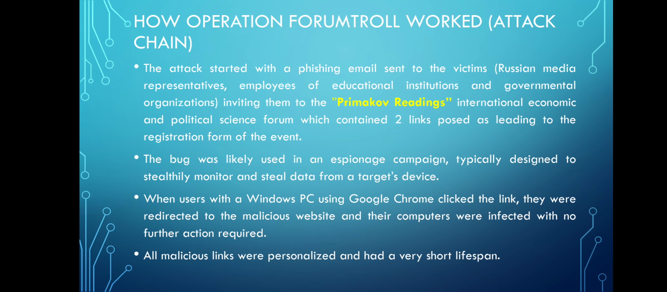Now let's see how the attack actually worked. The campaign started with phishing emails that were sent to selected victims. These emails invited them to the Primakov Readings International Forum and contained links that appeared to lead to the event registration page. When victims clicked the malicious link using Google Chrome on a Windows computer, they were automatically redirected to an attacker controlled website. The exploit then took advantage of the zero-day vulnerability in Chrome without requiring any additional user